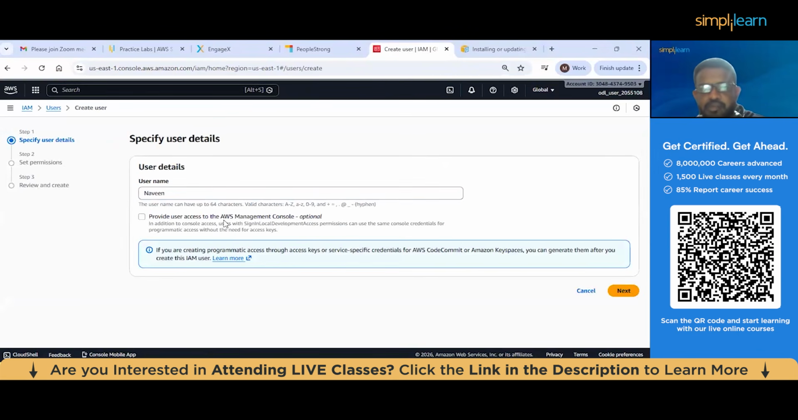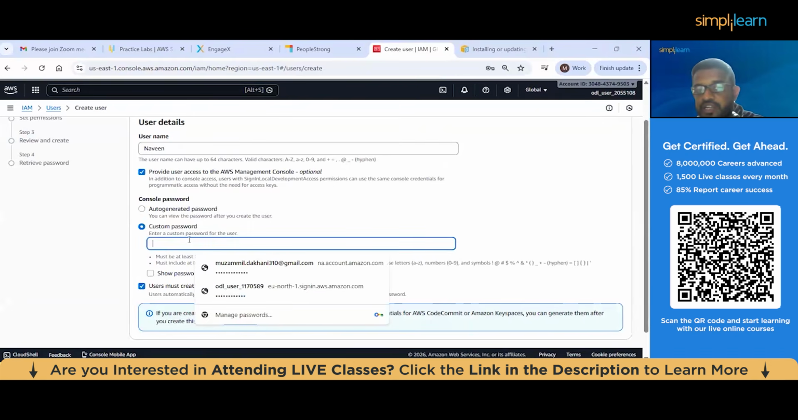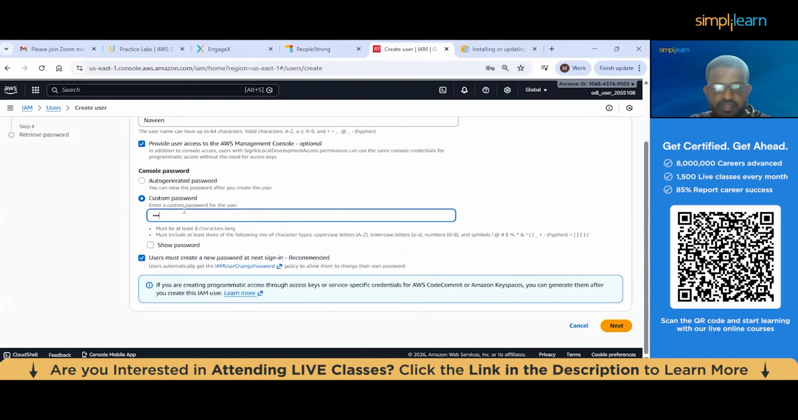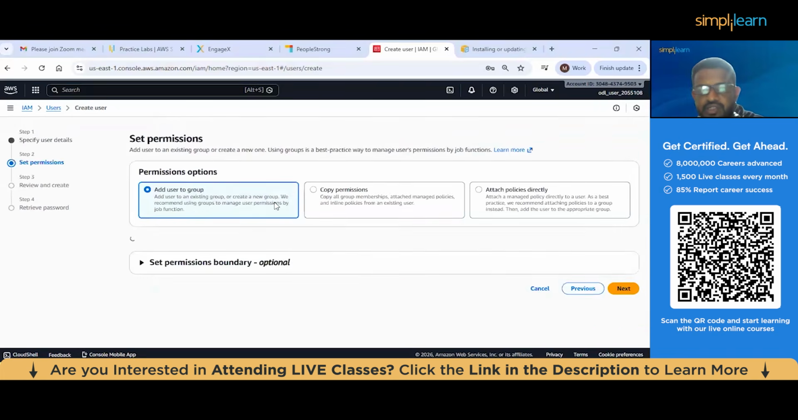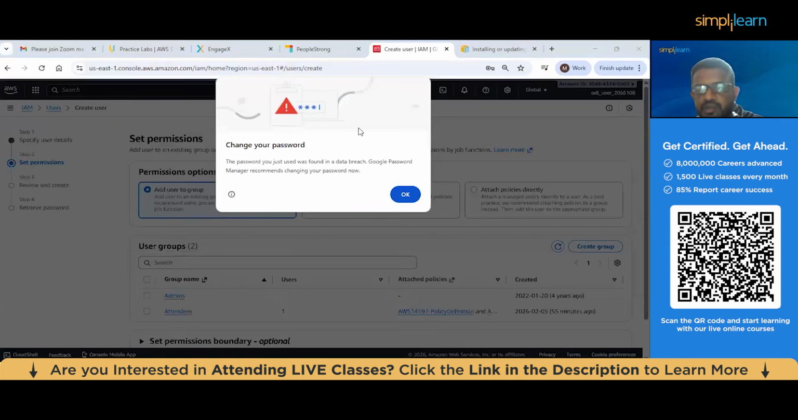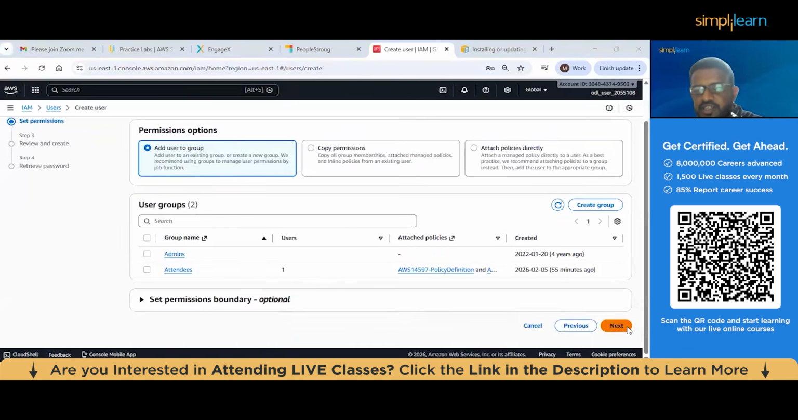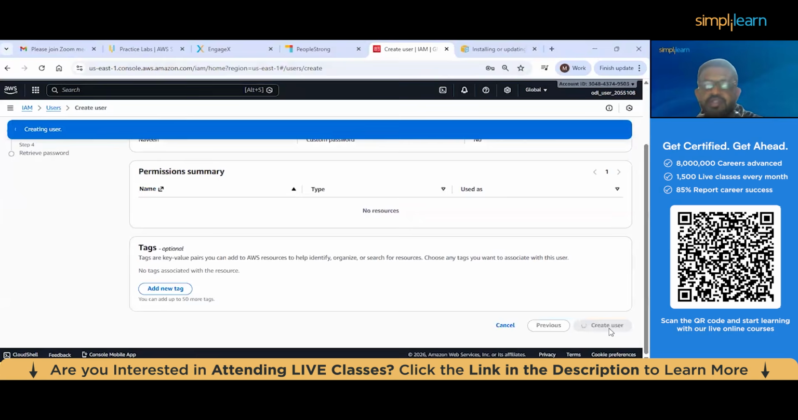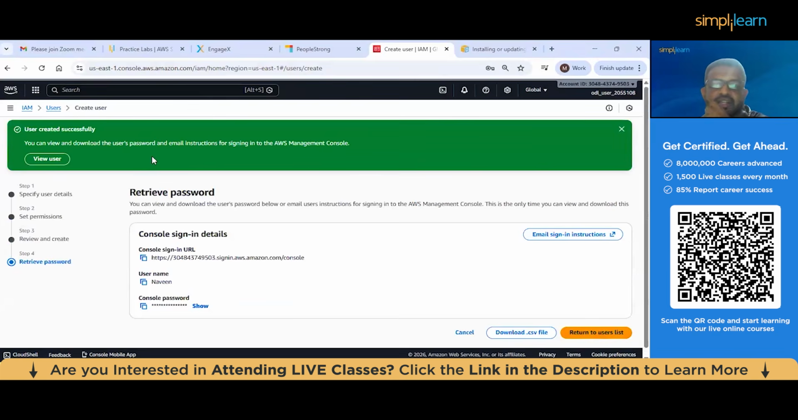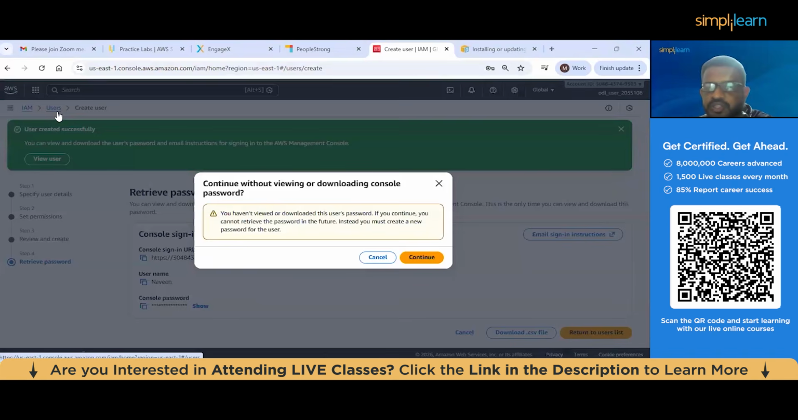Same steps as what I completed in the previous session. I'm not going to explain again. Naveen at 123. I don't want to give any permission. Click on next. I don't want any permissions also. I just want to show you how to generate the access key and secret key. Next, create user. Right, so folks, here the user is successfully created. If you go to the user,